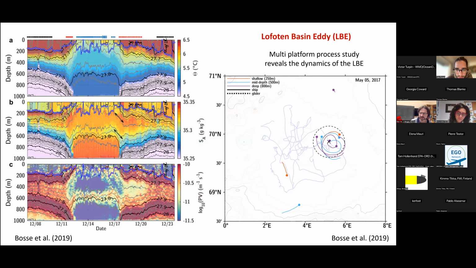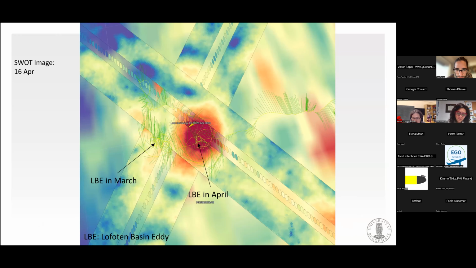And very luckily, let's move on. Right there where the eddy is located, there's a crossing of the SWOT tracks. So that gives very high resolution data in time and in space in the calibration and validation phase of the SWOT, which was like April, May last year, or this year. So I'm not going to introduce what SWOT is. I'm assuming now people are familiar with this, but